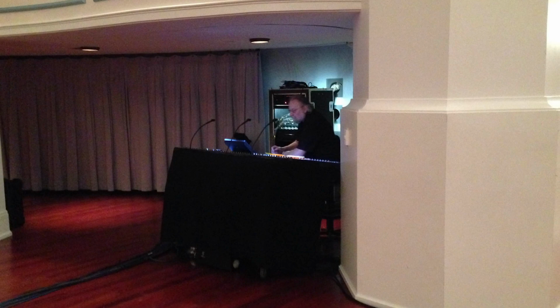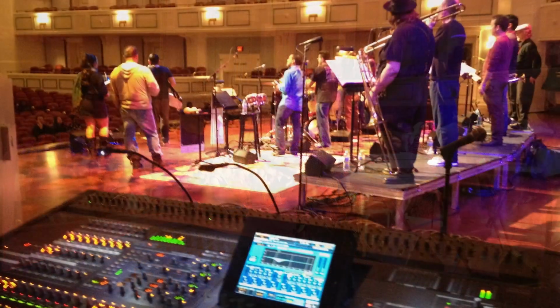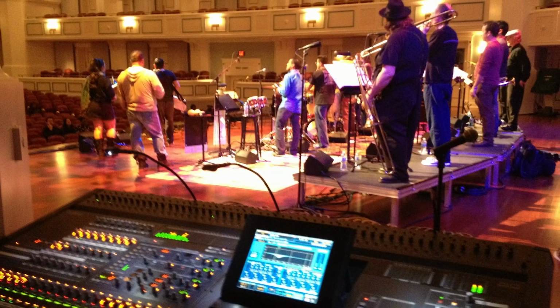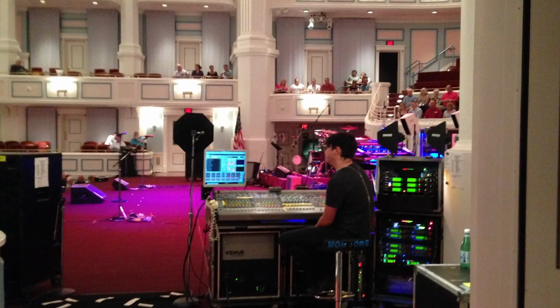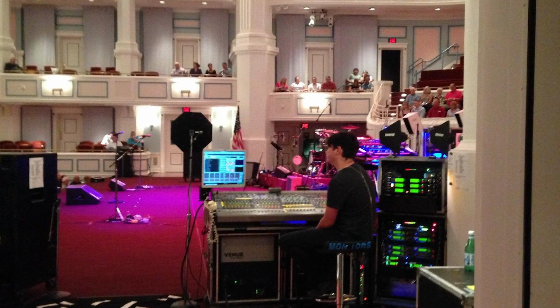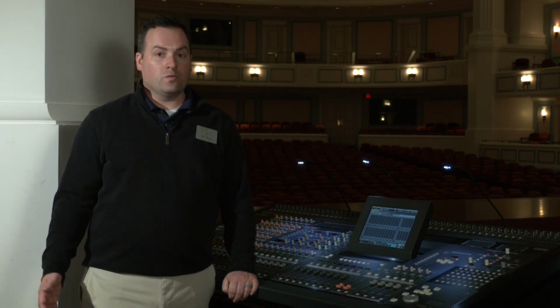In the Palladium, we utilize two positions for the monitor console, either upstage, away from the audience, or downstage, closer to the audience, of the stage column located on the side. The location decision is often driven by the artist's preference and how they communicate with the monitor engineer during the show. The monitor engineer's focus is always on the performers, not necessarily the patrons, so while you may see the monitor console in some performances, in other performances you won't, but it's always there on the side of the stage